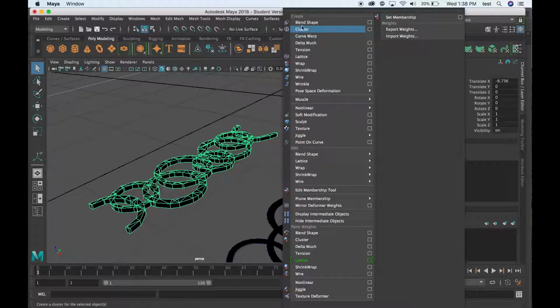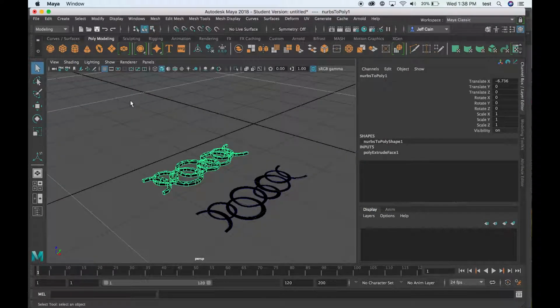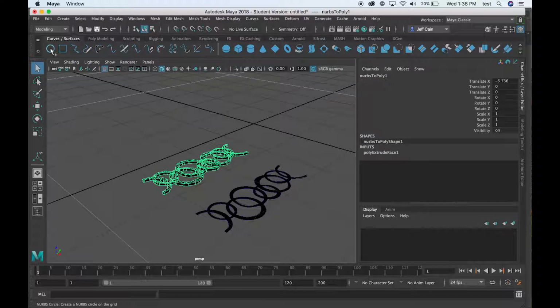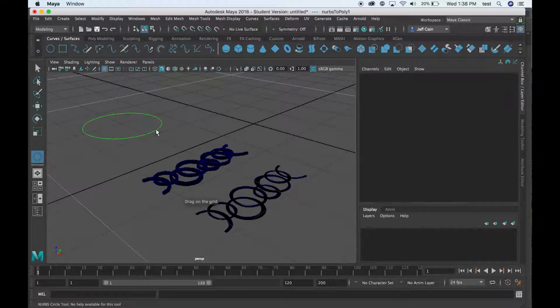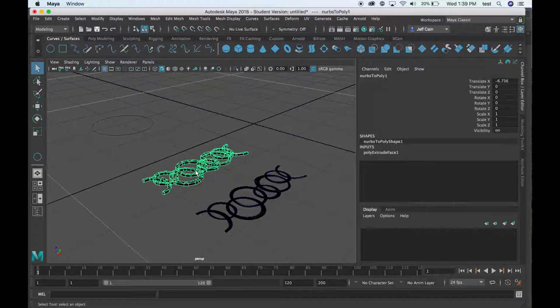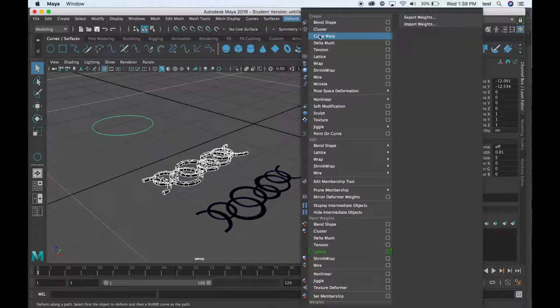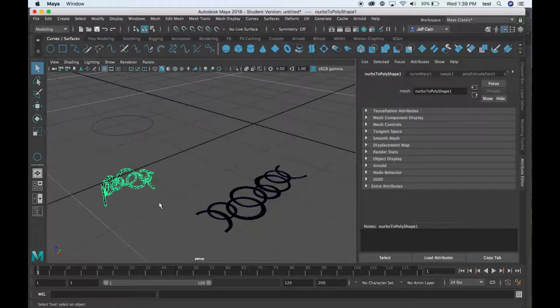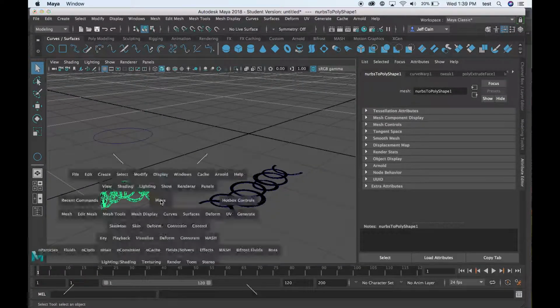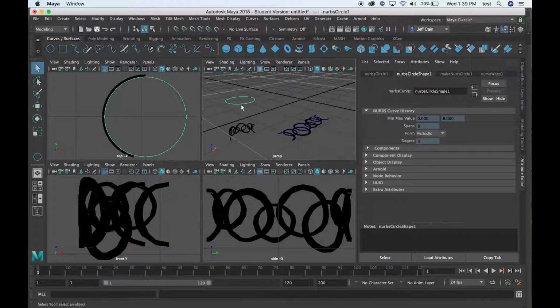Okay, so what I want to do is use this effect called Deform, Curve Warp. What that's going to do is deform whatever object I have according to a curve. So I'm going to start with a regular old circle. It should be as simple as selecting the object first, holding Shift, selecting the curve second, and doing Deform, Curve Warp. Now, it kind of does it. You can see from above that it is actually wrapping around there,